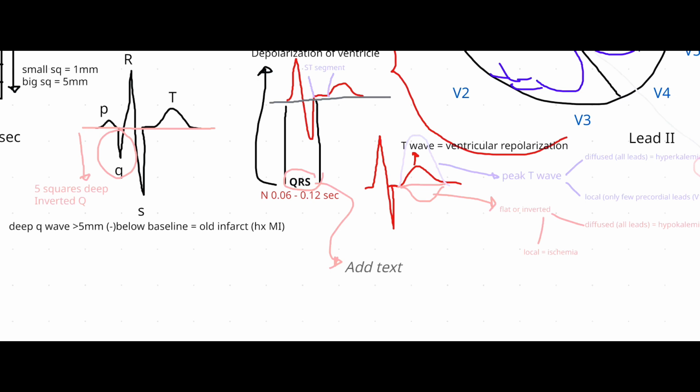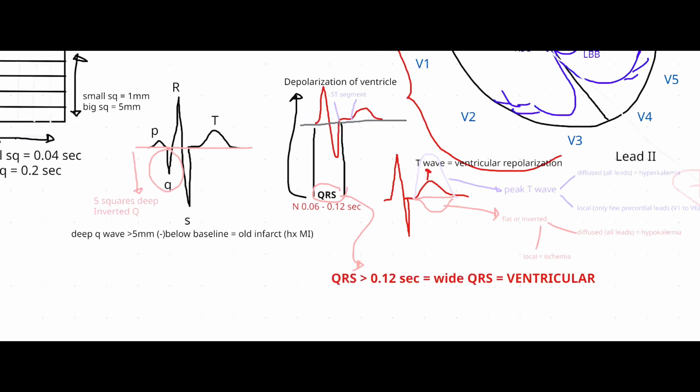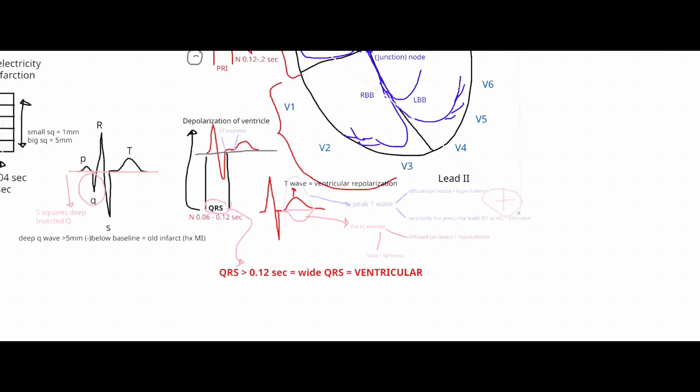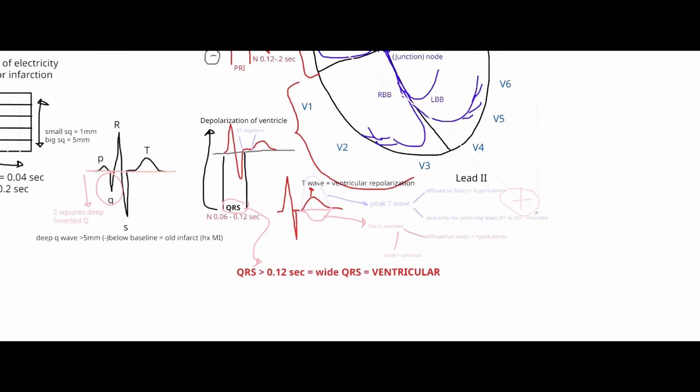And that is the only time that you're calling a rhythm ventricular. That's the only time that you're saying there's a ventricular problem. I want you to remember that, because when you start seeing EKGs, there's going to be so many different waves. Only when the QRS is wide will you say that this is, let's say, a ventricular tachycardia. Or,